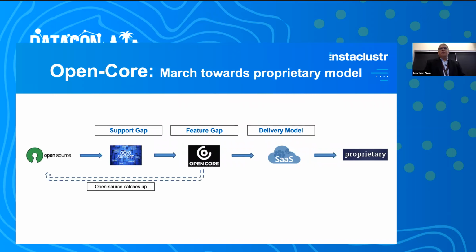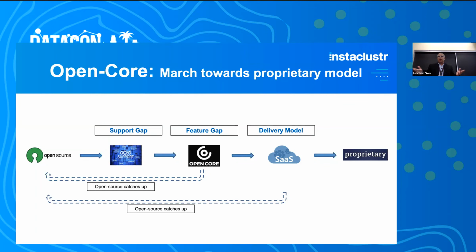But remember that the community is not keeping quiet. The community is also working. So all the feature gaps ultimately end up in the open source. If you wait for a while or excite the community, those feature gaps will be filled. And the same thing is true with the delivery model. So open core vendors do have some advantages, but those advantages will fade once the open source catches up